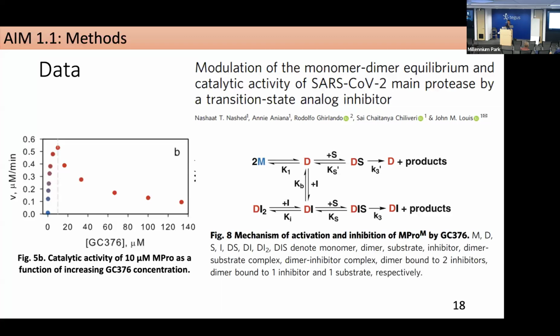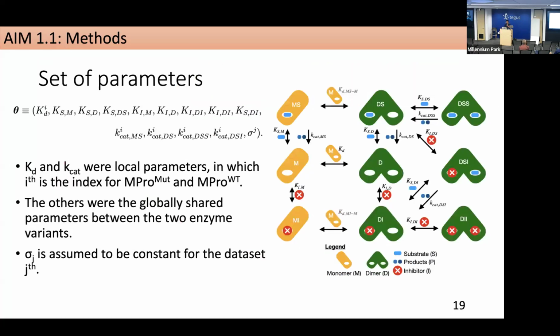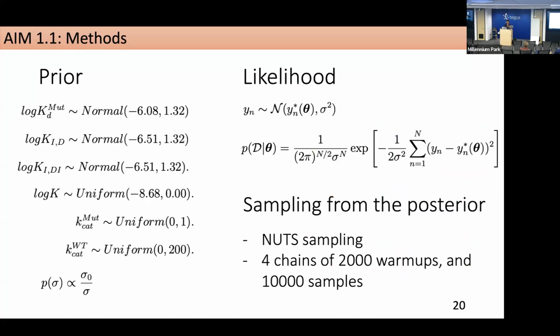Okay, and this is the source of our initial data, this paper. They had 6 different curves, and 6 different models they fit to these. They didn't fit a model to this biphasic curve. So we just wanted to use this as a test bed. Can we do a global fit to all these curves with the same model, same parameter set? Most of the parameters that we used were basically straight from this model. But there are also some nuisance parameters relating to the noise levels and so forth.